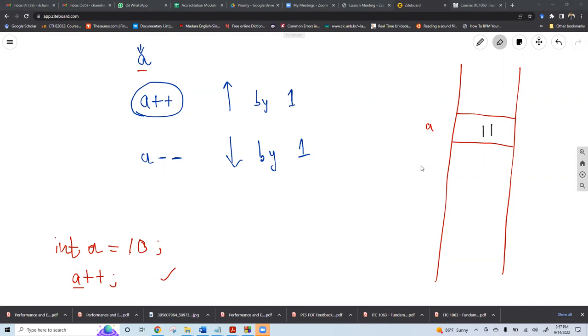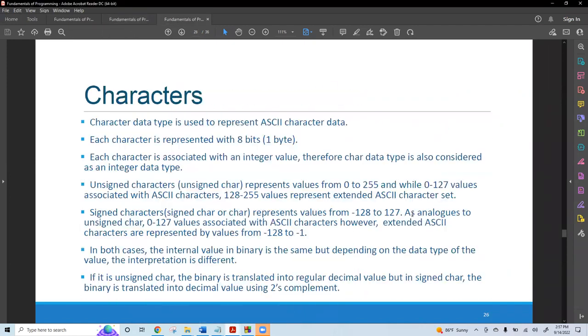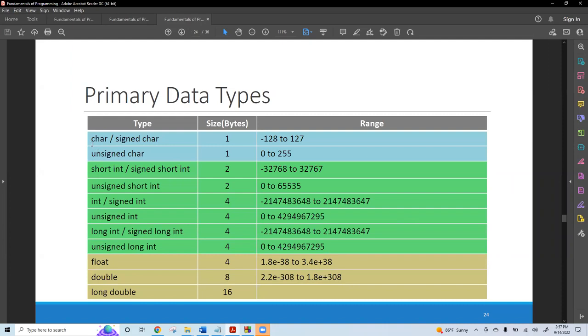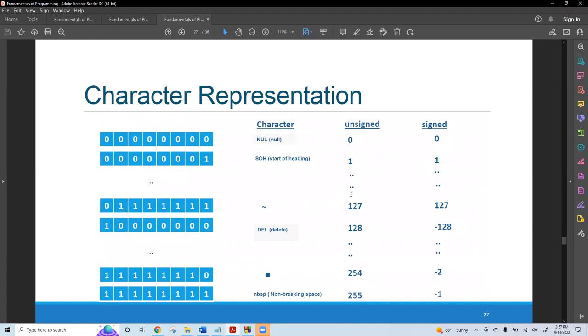There's a question: can't we use char with the plus operator? You can. Char data type, right? As I told you, the char data type can be used as an integer as well. When the actual data representation is there, char is represented as an integer, a number, right? That's why we have the ASCII table, because the ASCII value is a number which is stored in memory